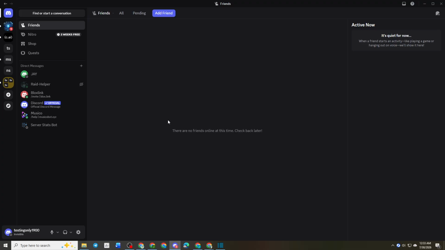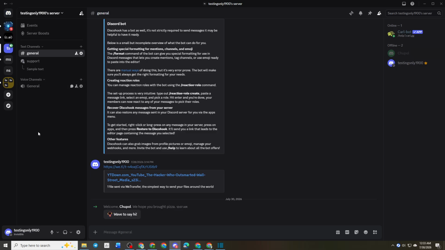Once you're signed in, join the server where you want to play. If you already have a server with your friends, simply open it. If not, you can create a new server and invite the people you want to play with before continuing. After you've entered the server, locate one of the available voice channels, since Discord activities can only be launched from within a voice chat. Click on the voice channel to join it, and make sure you're successfully connected before moving